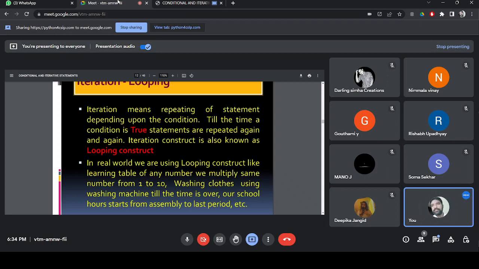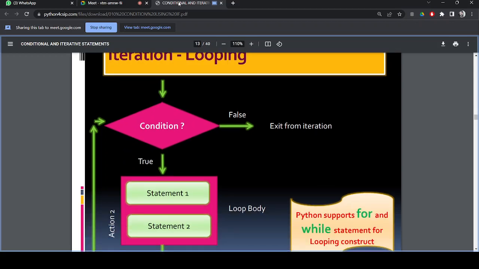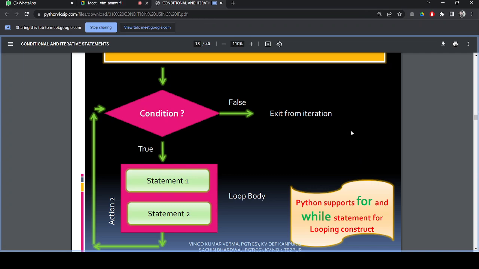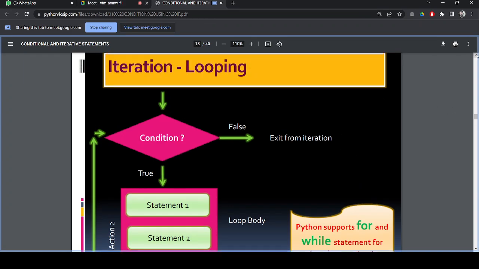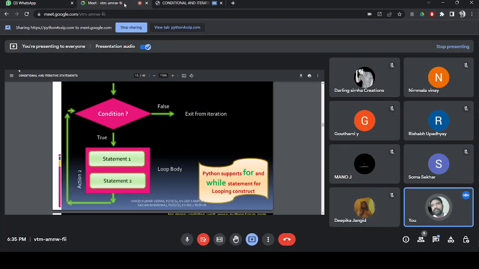Repetition. So we say that in our real life, we see not only situations of selection, iteration is also happening. That has to be translated into programs. How to do that? With the help of these statements. If you see the flow chart now visible on your screen, the simple thing is, for example, in looping iteration, the condition can be true or false. As long as the condition is true, execution is going back.